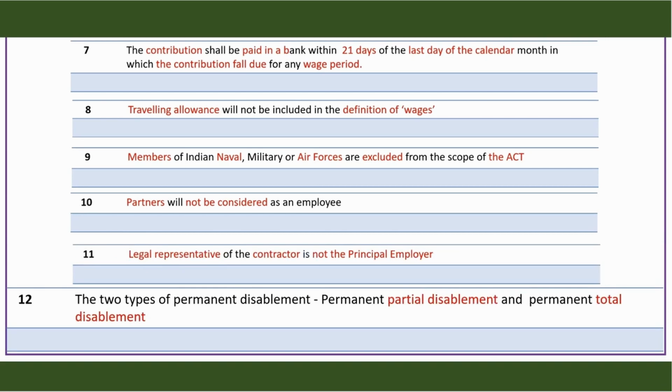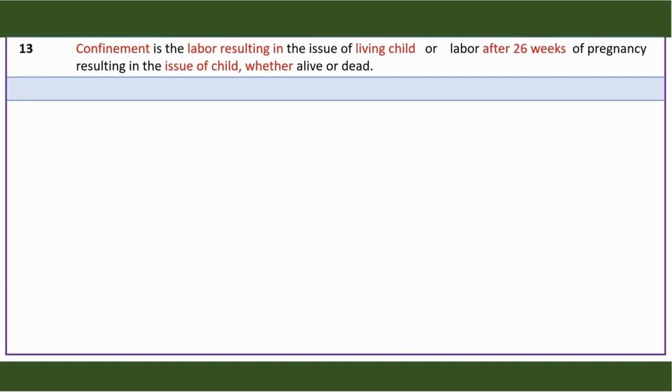ESI Act talks of giving facilities when a person is affected by disablement. It talks of two types of permanent disablement: permanent partial disablement and permanent total disablement. The Act talks of giving the benefit during confinement. Confinement is interpreted in two ways. One which results in birth of a living child, or a labor after 26 weeks of pregnancy which results in the issue of child alive or dead, and both are considered as confinement to entitle a person for confinement benefits